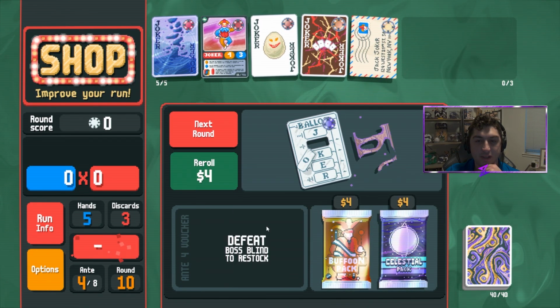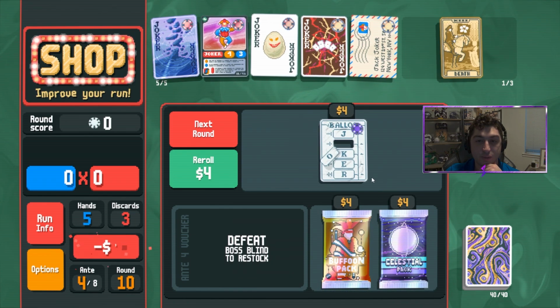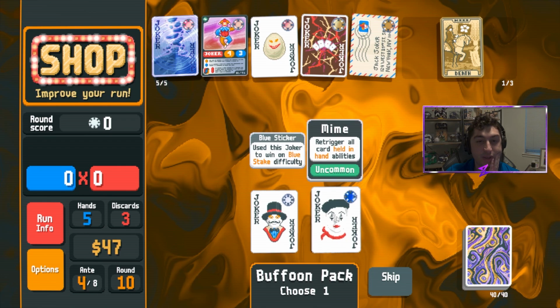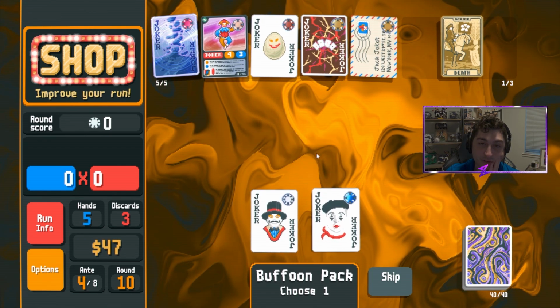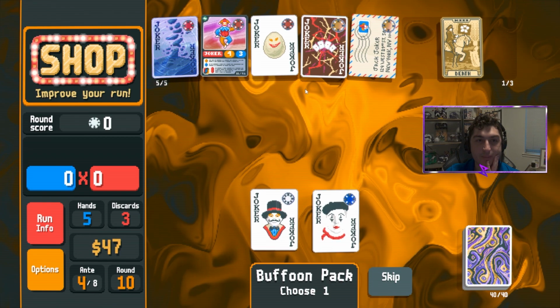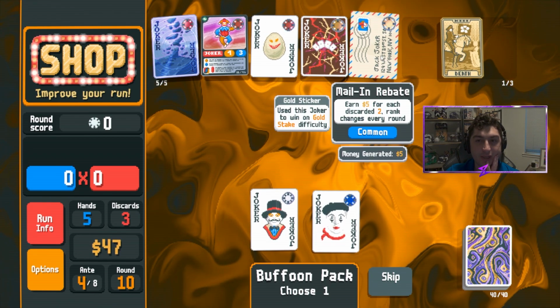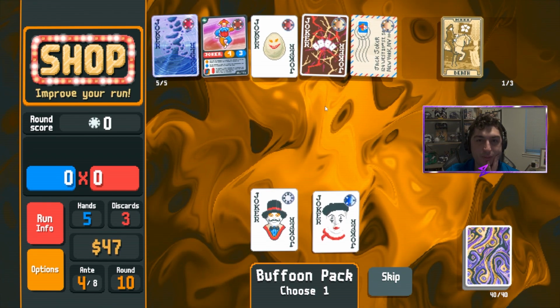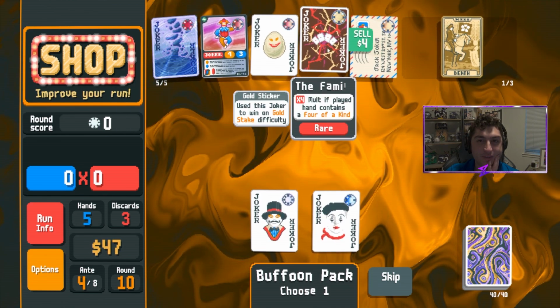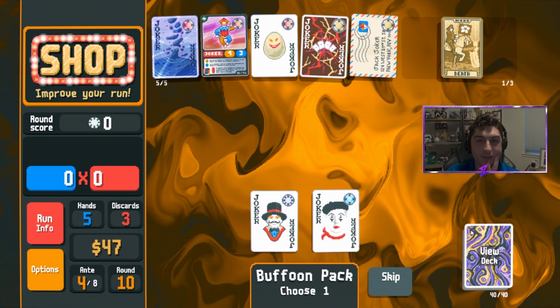Let's go ahead and... A death is great. A Hanged Man can be our scoring. Mime. So many good things. So little time. Wow. Mail-in Rebate being on a 2 is pretty stinky. I'm going to go ahead and...